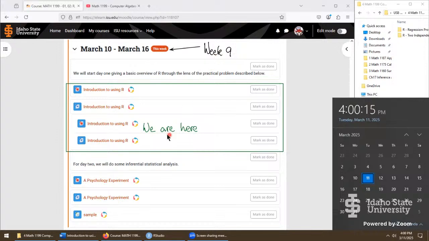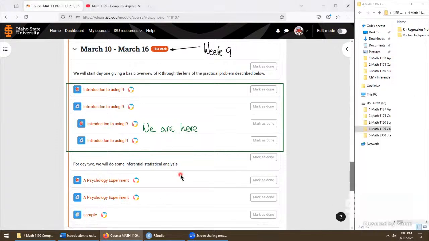But we're going to go through these notes here, finalizing the problem on doing the regression analysis, then move over to the psychology experiment problem to see what other new ideas we can get into. Really, the first problem was more about just looking into the inner mechanics of working with R. And now for the second day, the psychology experiment, we'll do some actual honest inferential statistics using the raw data provided down here in the sample.